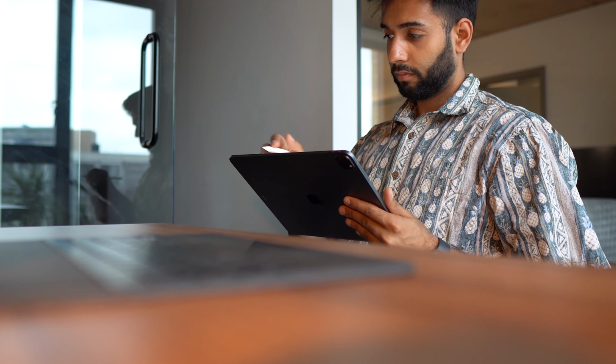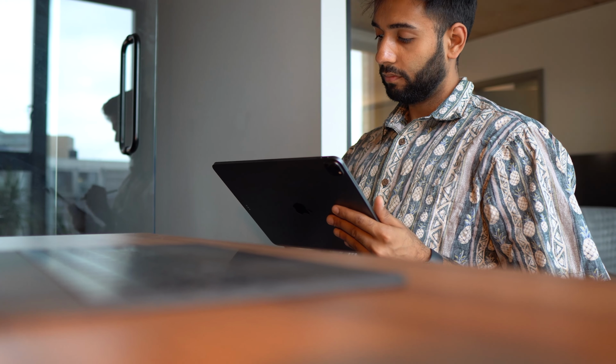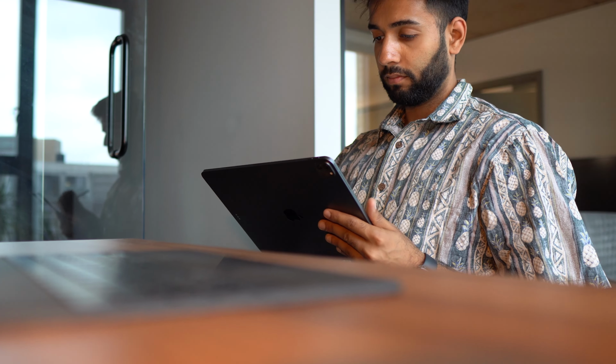The other obvious advantage is that having a touchscreen means that if you're a creative, if you're a student making notes on something, that becomes worthwhile. For example, if I am needing to sign any documents, I'll always do it on my iPad. If I'm designing some thumbnails, I will do that on my iPad. Or if I'm making any other sorts of drawings, or if Sam's doing drawings, that's all usually done on the